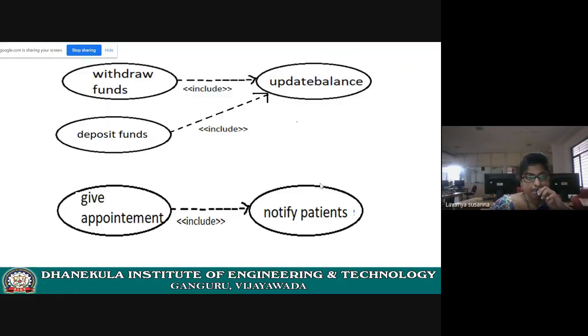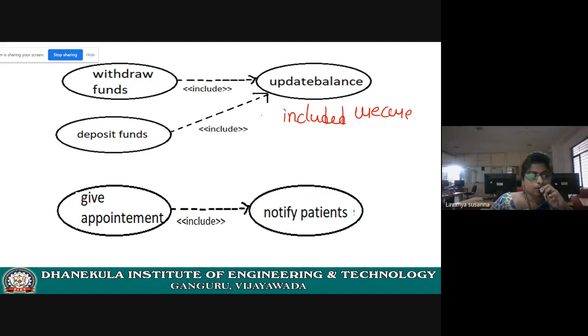Next, again there are examples, I will explain. See, these included use cases are nothing but some common functionalities. You are identifying some common functionalities, and these functionalities can be used by many use cases.